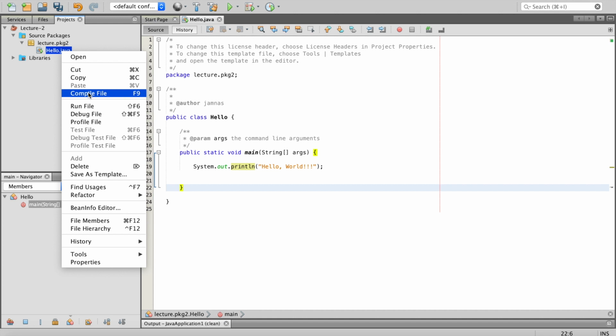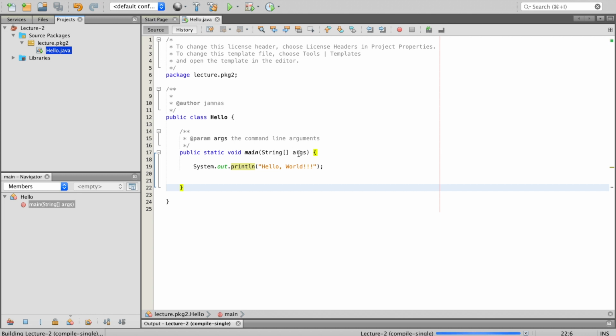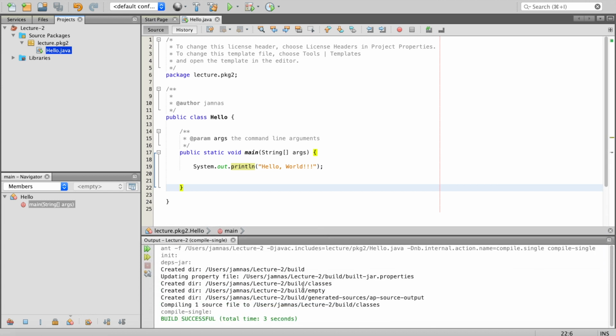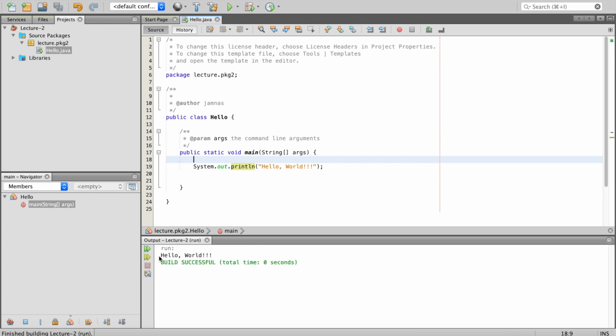you must know that after writing source code, you have to compile it. At the backend, they are using the simple javac command, javac space hello.java. Then I will compile it. As there is no error, it's fine. Now we can run it and we can see the output here, right? Hello world. So this is our very first program.